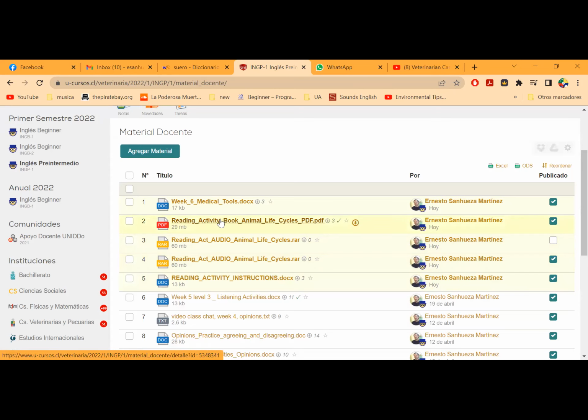So what is the idea? For this activity, you are going to read and you're going to listen to this book at the same time. And then when you finish, you're going to answer some exercises. So it's a different activity because you will listen and you will read all together. Okay? So I'm going to show you the